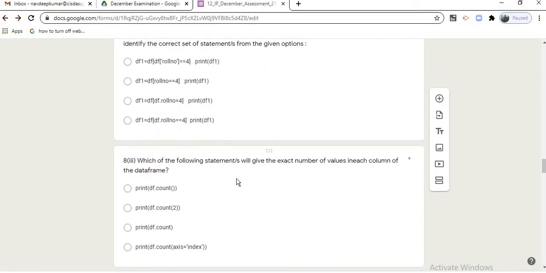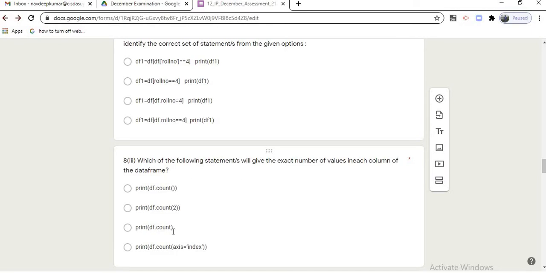Moving to the third part. Which of the following statements will give the exact number of values in each column of the data frame? For the exact number of values, we use the count method.